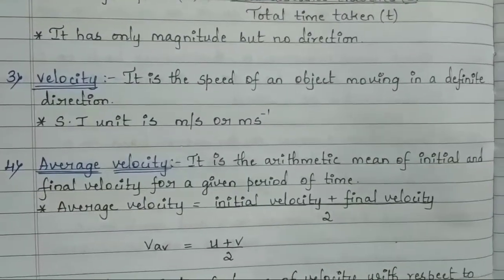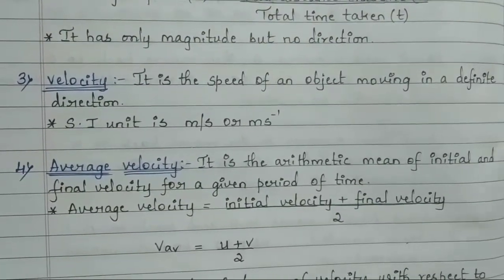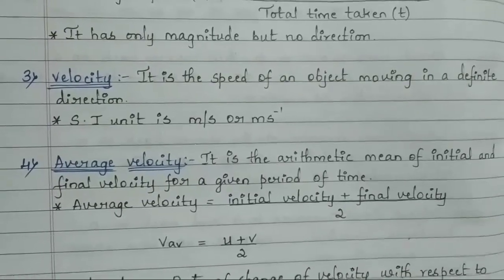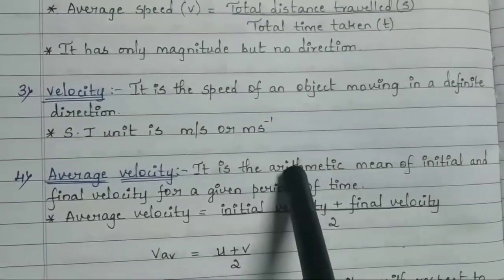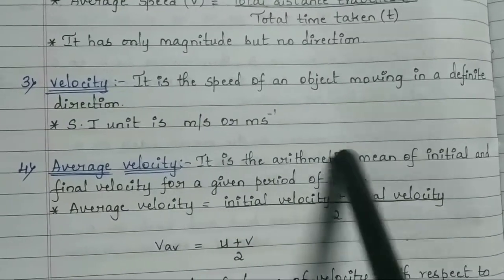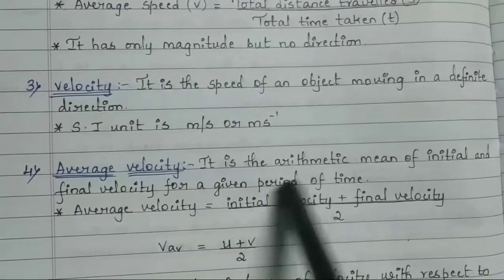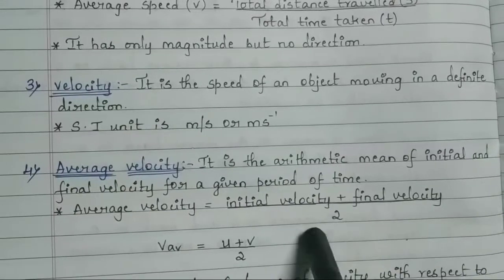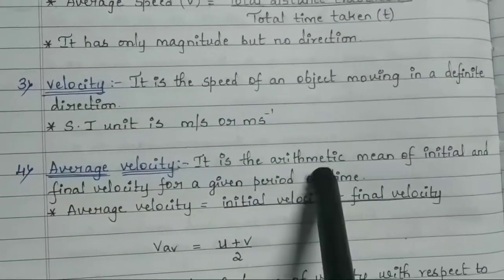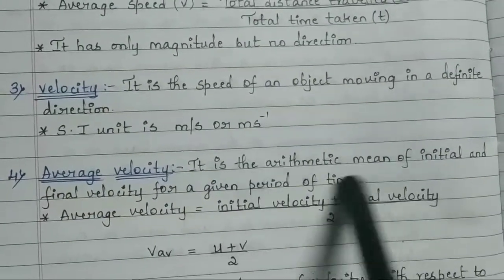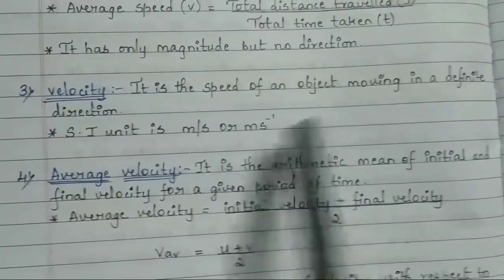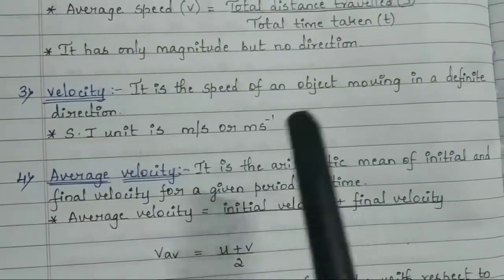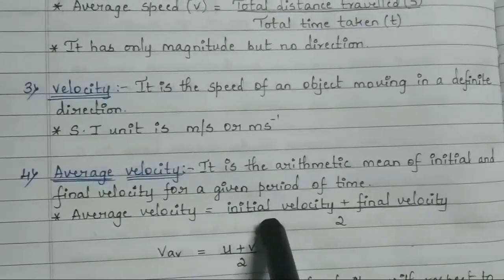How can we find the arithmetic mean for two values or more than two values? Arithmetic mean is taken as the addition of all the things, divided by that specific number. If we are taking the mean of three numbers, we add all the three numbers and divide by 3. The similar thing we have to follow here also.